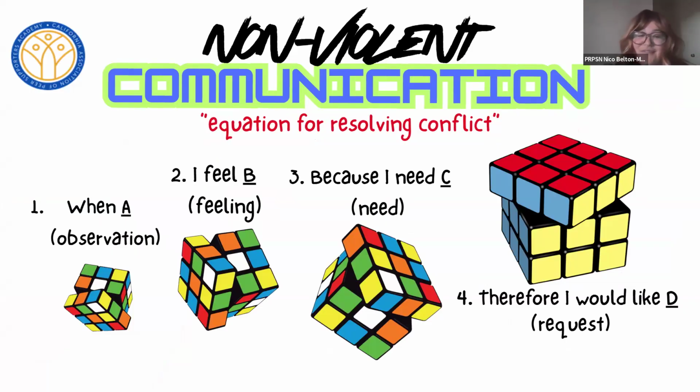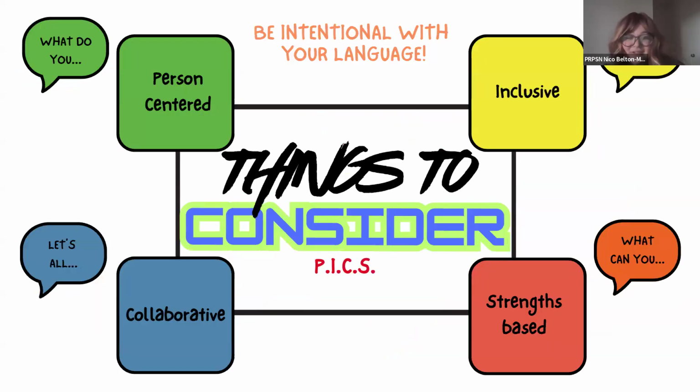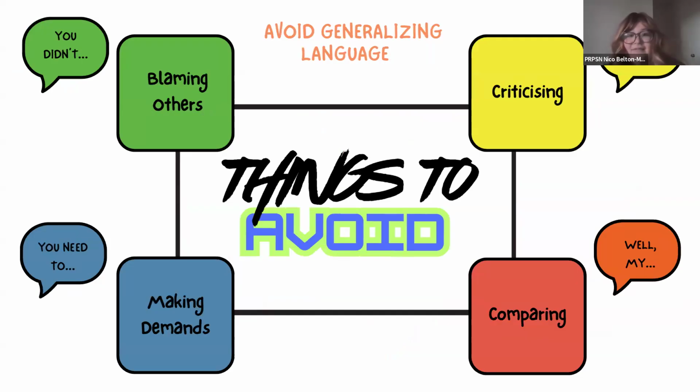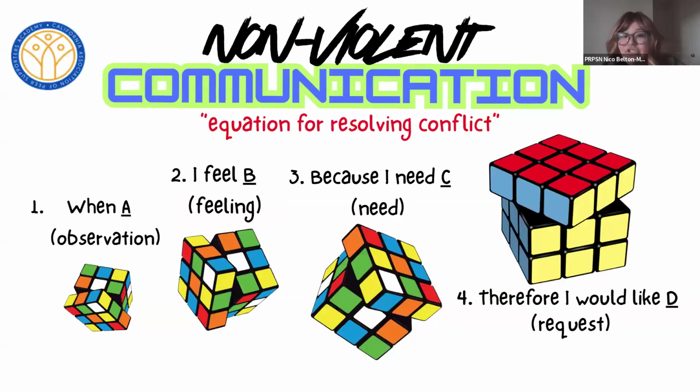I realized even my initial response in trying to create this was not effective because it wasn't person-centered, inclusive, collaborative, or strength-based. Instead, it was blaming and criticizing and making demands, saying you need to do this and you need to do that. In reality, in this situation, it should never be about the other person. You're never mentioning what they need to do; you want to frame it in a way of being more separate from it. So yeah, that's just a little bit of feedback.